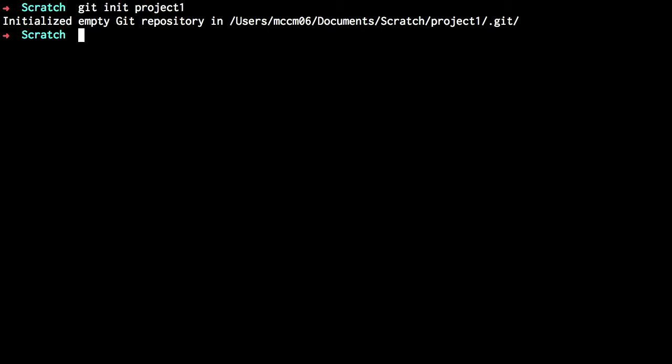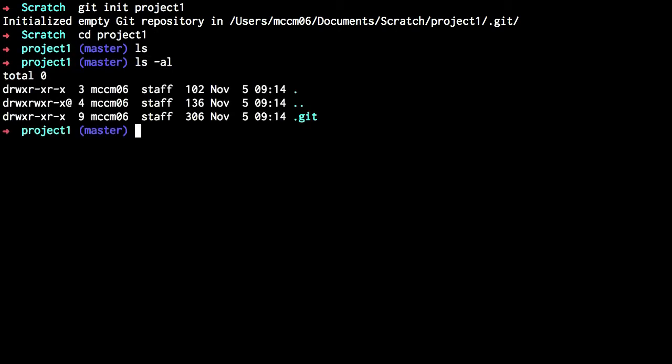repository, but with no server or any daemon running in the background. There's nothing in the background. It simply used the file system to create a top-level directory called project 1, and then a nested folder beneath it called .git. Now I'm going to cd into that project, and I'm going to show you that by default,